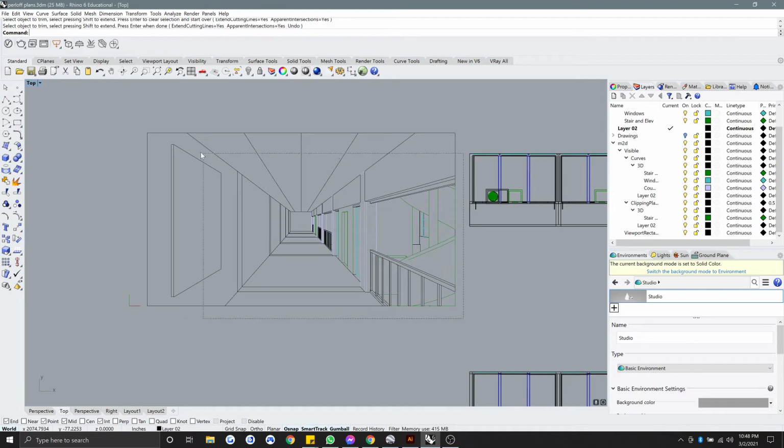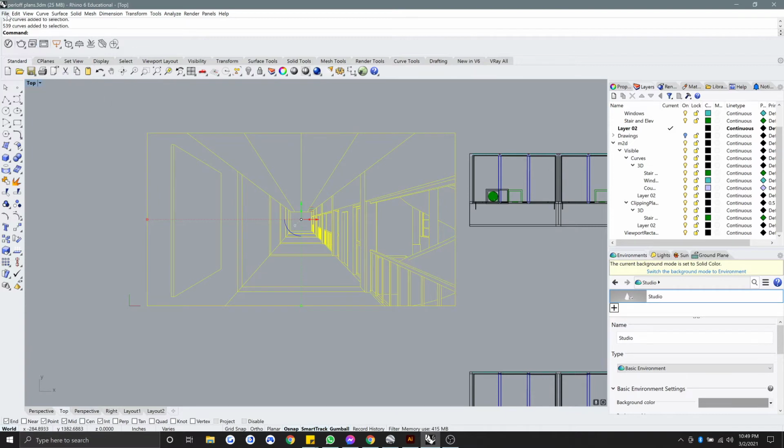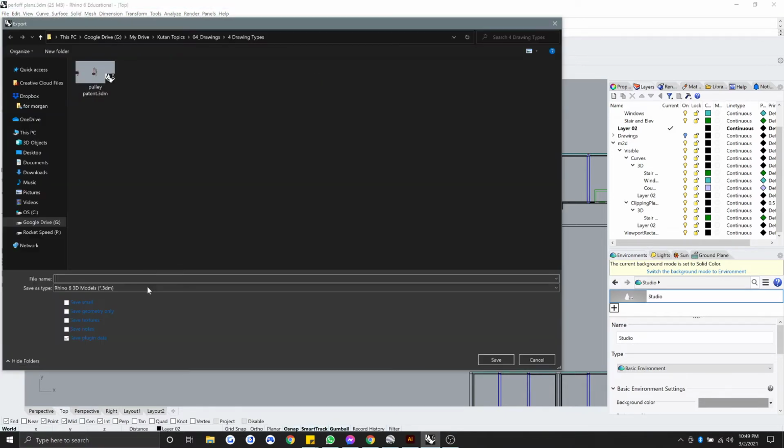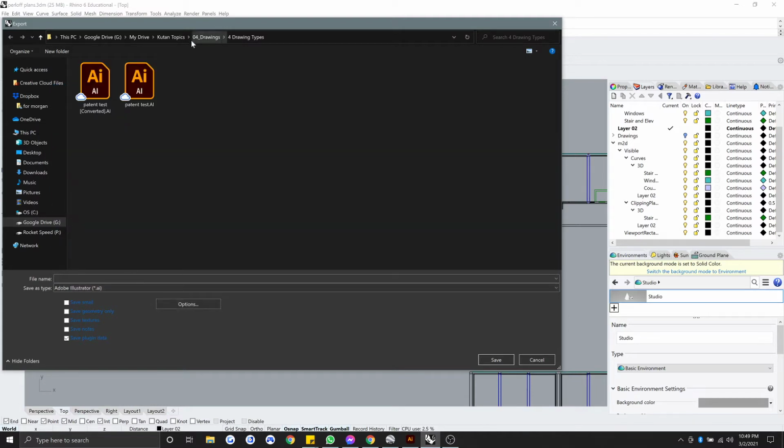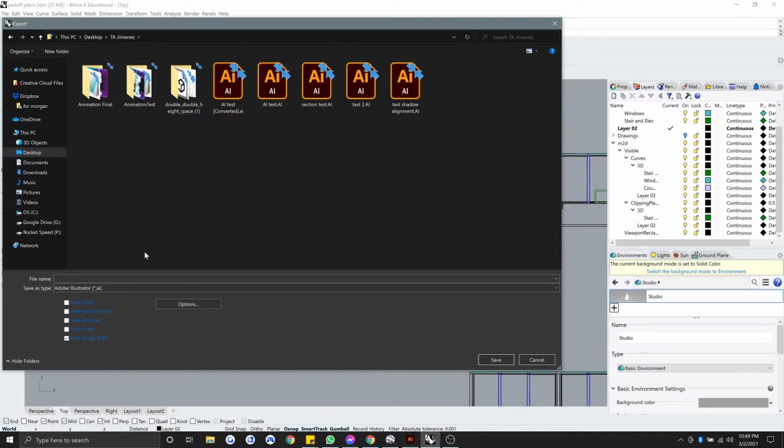So let's say that we're done here. We are going to take this and export it to Illustrator, at which point we will export this file as probably 0.25 line weight lines onto another thing, and I'll show you that right now. So let's do file, export selected, Adobe Illustrator, and I'll call this desktop T.A. Jimenez, and we'll call this perspective test